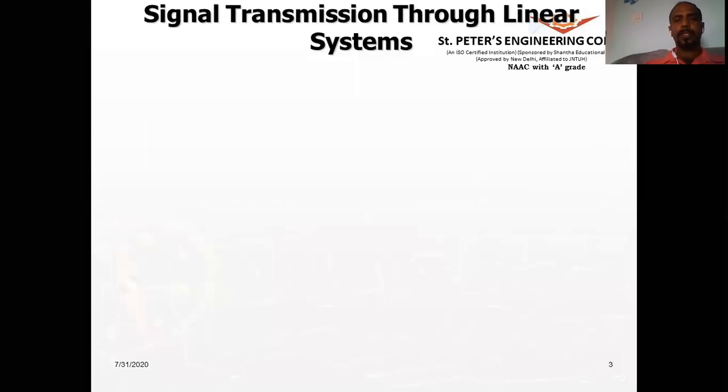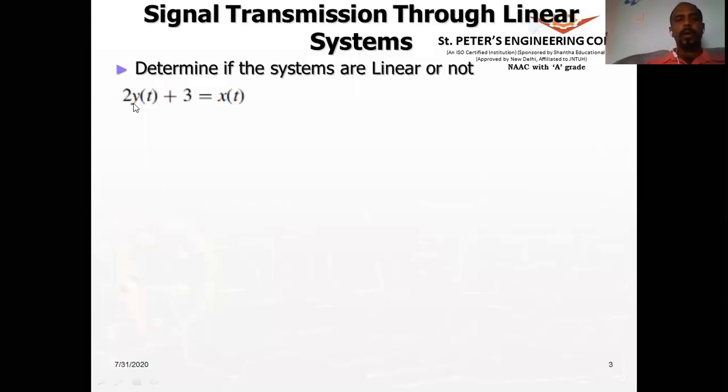Okay, let us take another example. y of t plus 3 by 2 is equal to x of t. As I said, x of t is the input, y of t is the output. What operation has been performed here? Let us reframe that: y of t is equal to x of t minus 3 by 2. So what the system does is it takes the x of t signal and subtracts 3 by 2 from it. That is what the T operator is doing for x of t. All right. Now let us check the individual response and the total response.